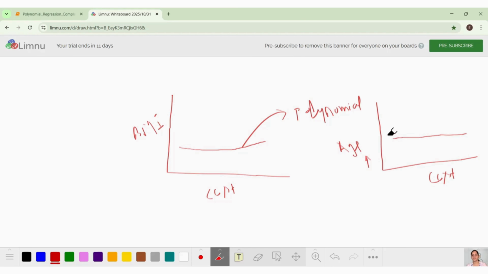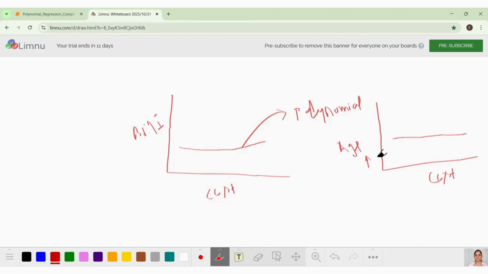What does it mean? It's negatively linear, or it's not related to this cost directly. That means what exactly we are understanding from this, that if the age is more, the insurance cost should be more. It should not be less, it should be more.